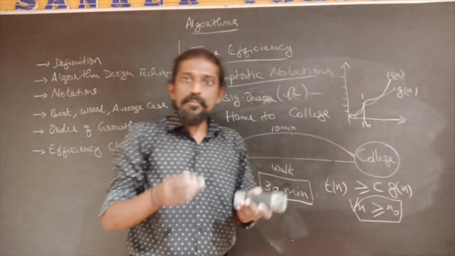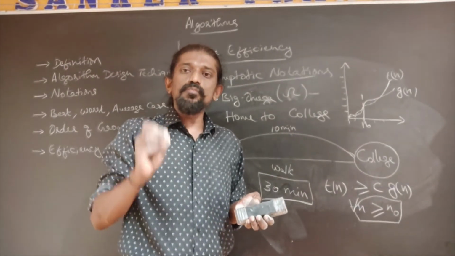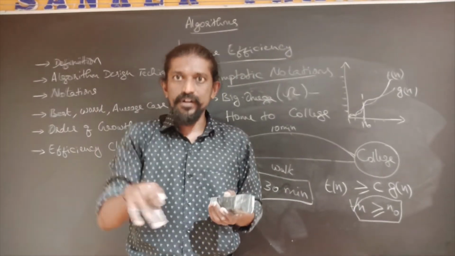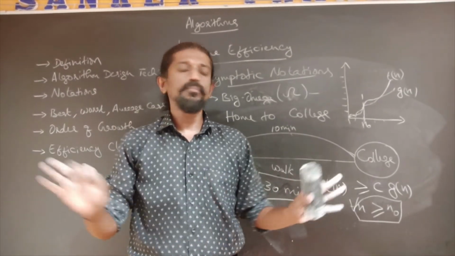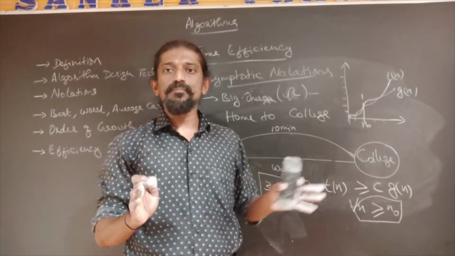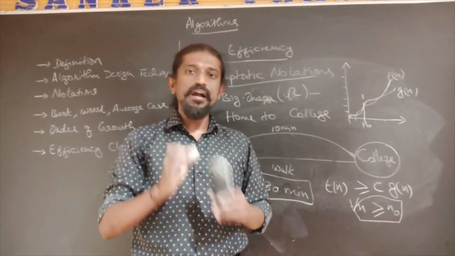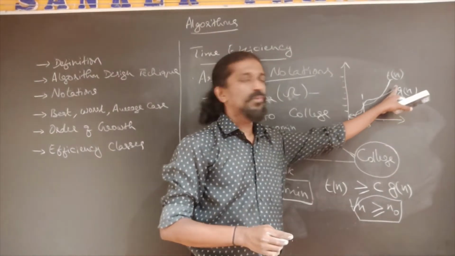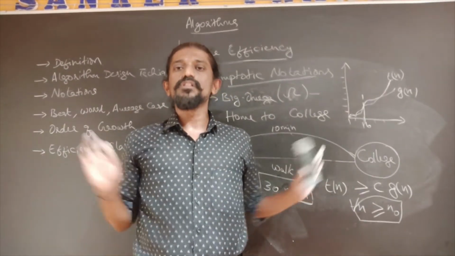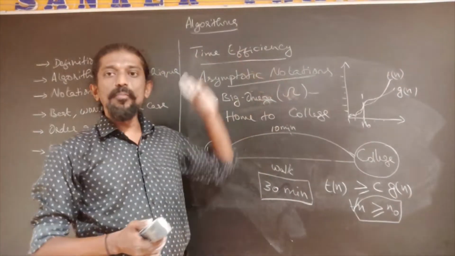Okay, so it gives a lower bound. It is the minimum effort that we need to solve the problem. With lesser effort than that, the problem can't be solved using this particular algorithm. So that is our claim. We are telling some minimum amount of effort is required to solve this problem, and this is the minimum amount of effort that you require. With lesser effort than this, you can never solve this problem. So that is omega notation.